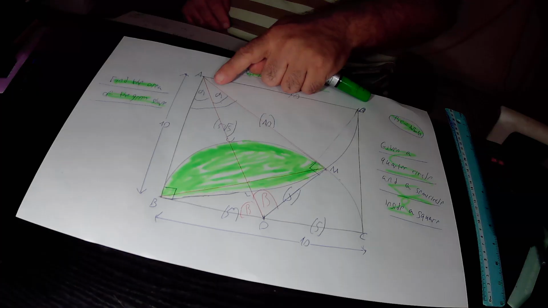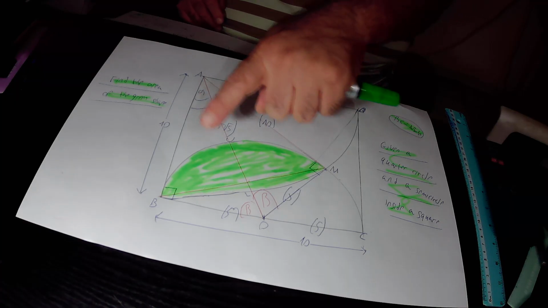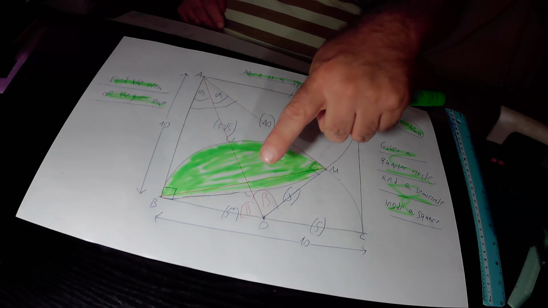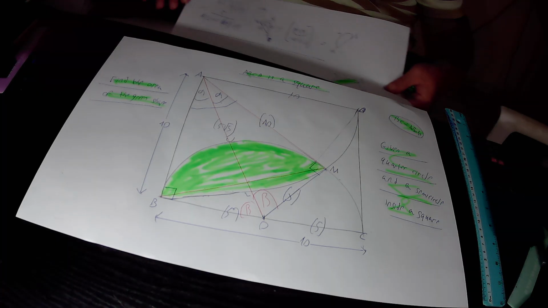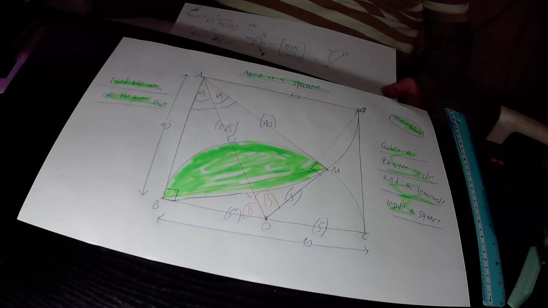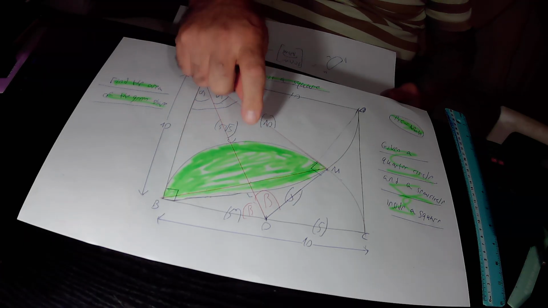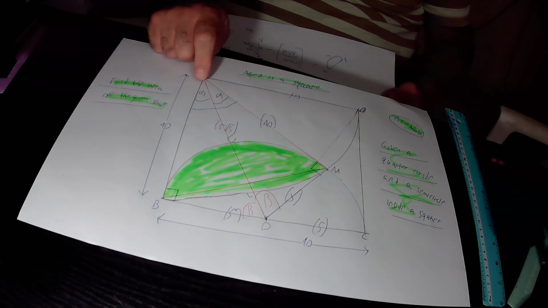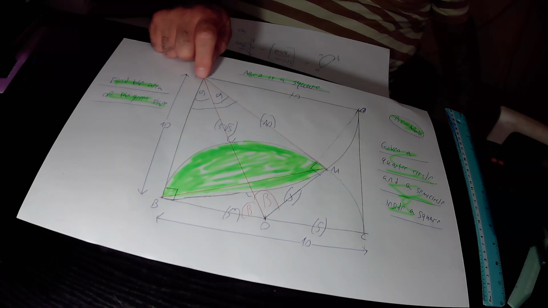Likewise, you know that in any triangle, the sum of the angles must be equal to 180 degrees. So in the right triangle ABO, alpha plus beta plus 90 degrees, in total they must be equal to 180 degrees. So we subtract 90 degrees from the equation, and we find that alpha plus beta equals 90 degrees. So if alpha plus beta equals 90 degrees, it means that alpha equals 90 degrees minus beta, but alpha equals 26.565, therefore beta equals 90 degrees minus alpha, that is 90 degrees minus 26.565,